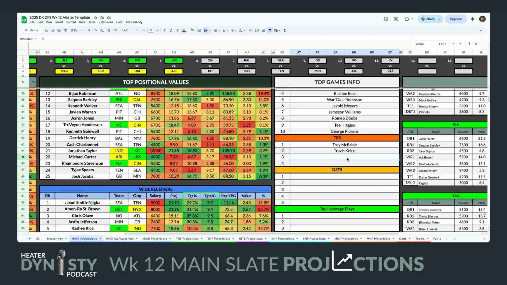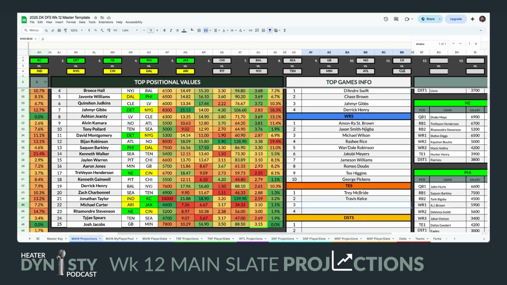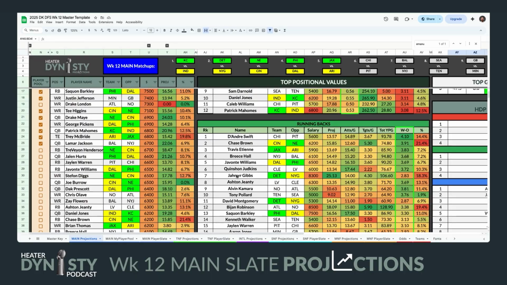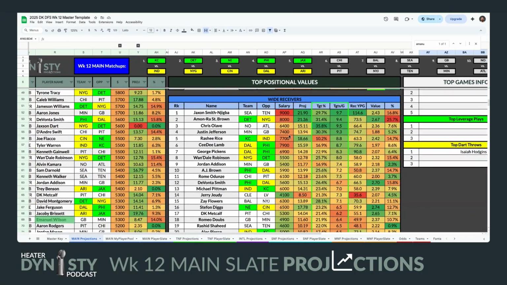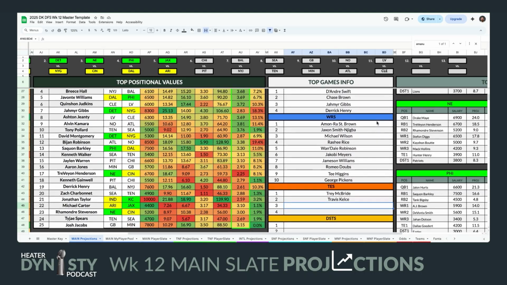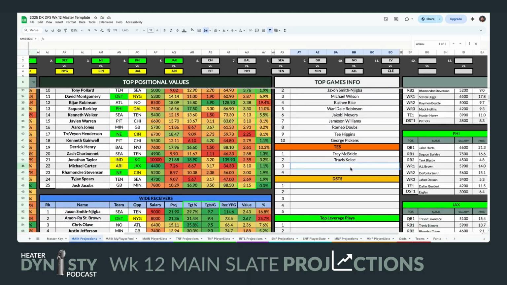On to tight ends to fill out the rest of that. Oh, sorry. Let's go back to wide receiver. I did have one honorable mention. I think Chris Olave is kind of falling through the cracks here. He is someone that sticks out on my chart. He's my third option here. He's only 6,400. I know it's not a game that we're targeting as much. However, he's had a ridiculous target share. It sounds like he's going to be back for this game. So if he's back in, I definitely think he is someone that you could slide into that mid-range as well. He just didn't make my top 10 because we're not sure that he's playing yet.